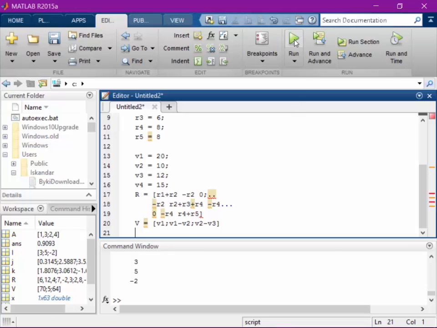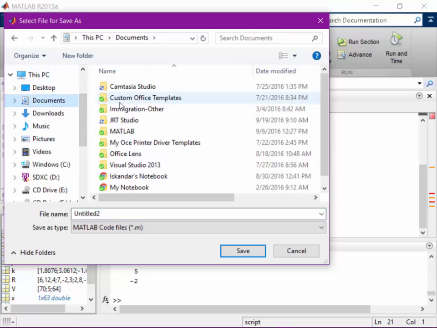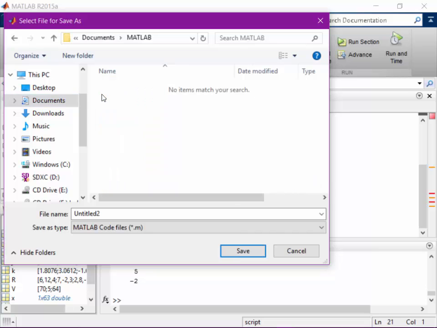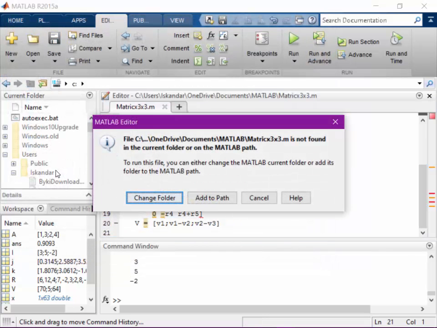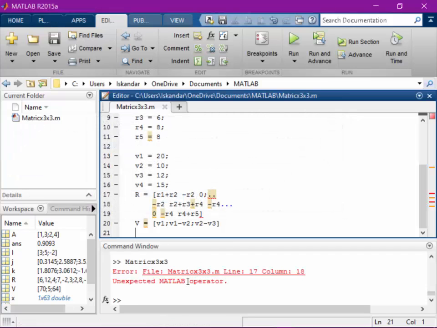And at this point I can run this. And here it wants to know where I want to save it. Right there, and I inspected MATLAB. It gives me an error in line 17, column 15, and it's because I got